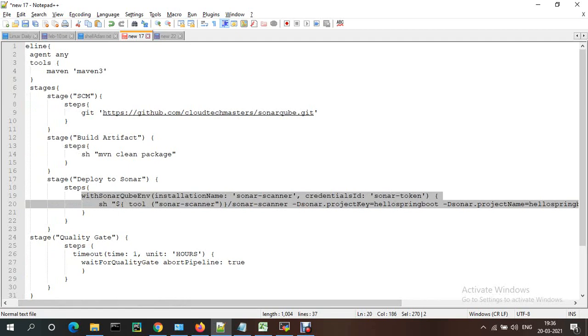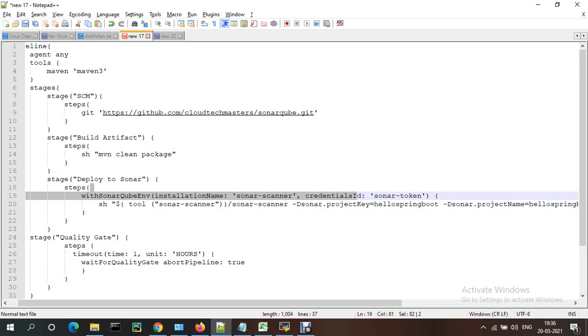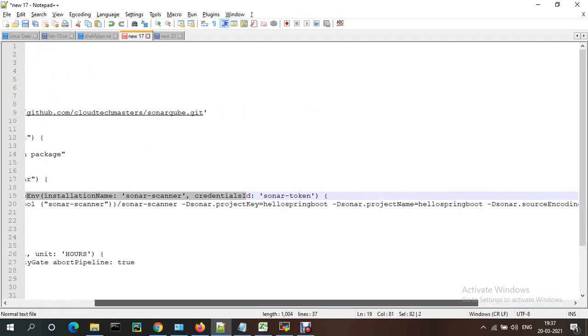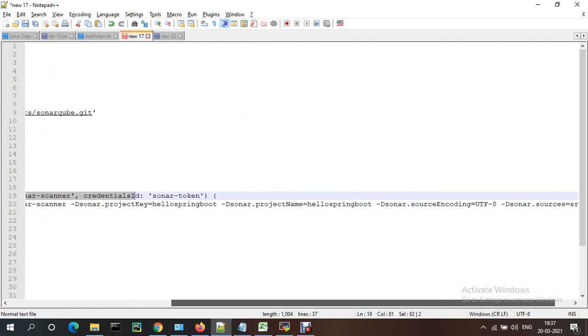Under this, the SonarQube installation is Sonar scanner, and for the Sonar token you just need to provide the token name, and the tools. If you need to pass values like the project name and all, instead of writing them here, you can update them in the Sonar CLI project itself.